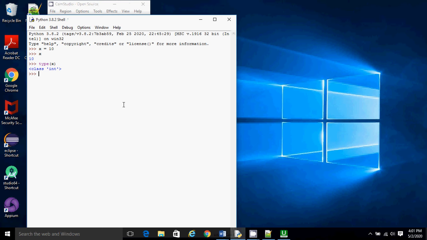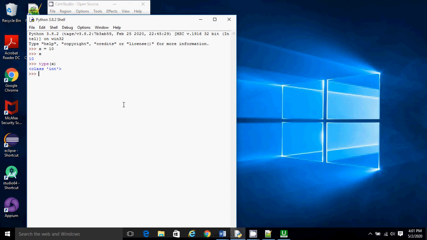One more thing I wanted to highlight here: in Python everything is an object. So just remember for right now, in Python everything is an object, and what an object is and all that we will take care of in another session when we reach the OOPs concept.